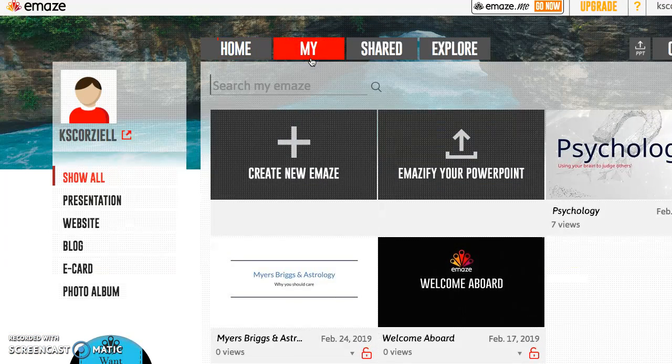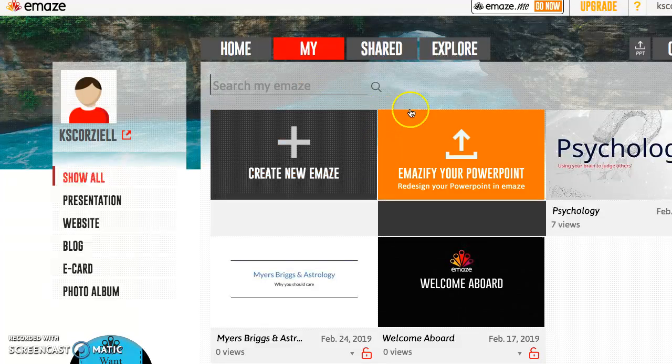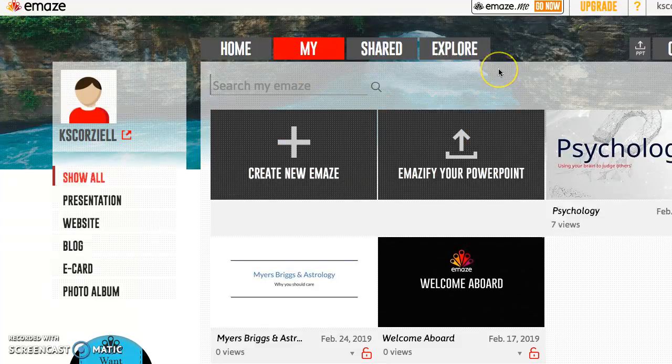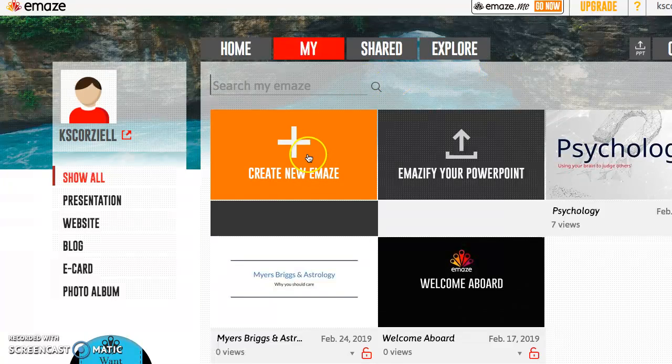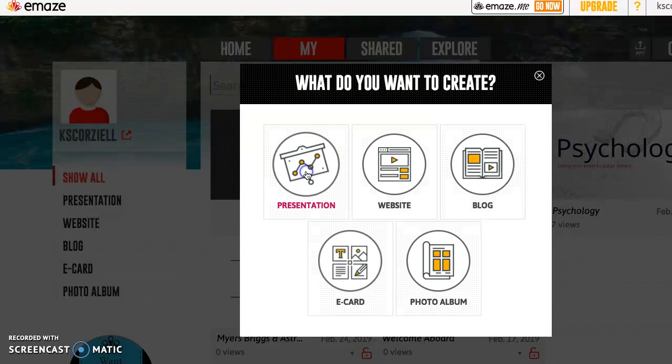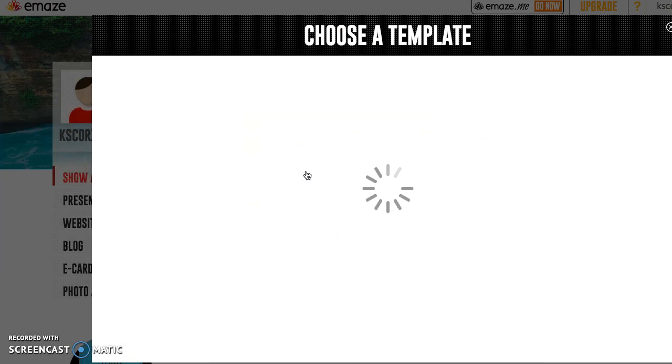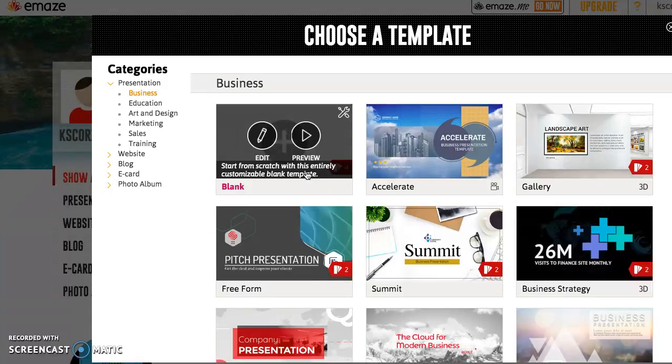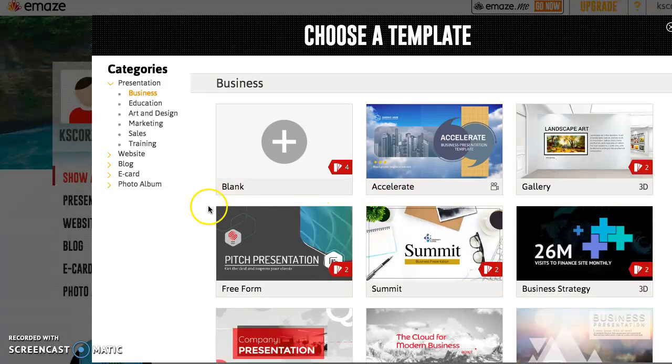So if you wanted to create your own Emaze presentation, you could upload a PowerPoint that's been created on another platform that you wanted to add Emaze effects to. Or you could create your own new Emaze, and I'm going to choose to create a presentation, but you could also create a website, blog, or e-card. Once you choose